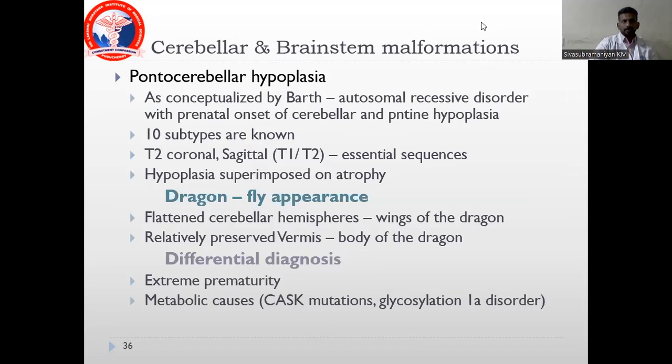So cerebellar and brainstem malformations are together called pontocerebellar hypoplasia, as conceptualized by Barth. And you have a hypoplasia superimposed on atrophy, and you have a dragonfly appearance where you have the small cerebellar vermis and the wings of the dragonfly, which is actually the small cerebellar hemispheres. And the relatively preserved vermis is the body of the dragon, and it occurs in extreme prematurity and CASK mutation,